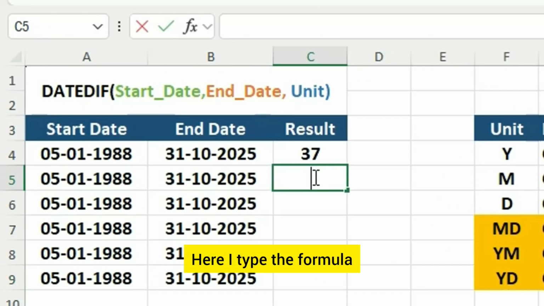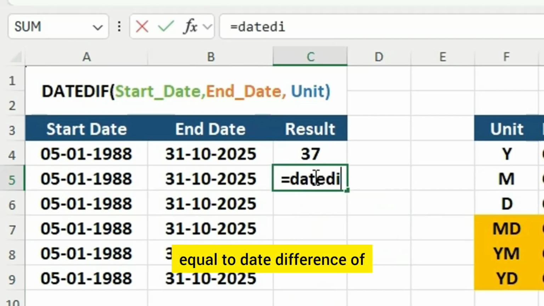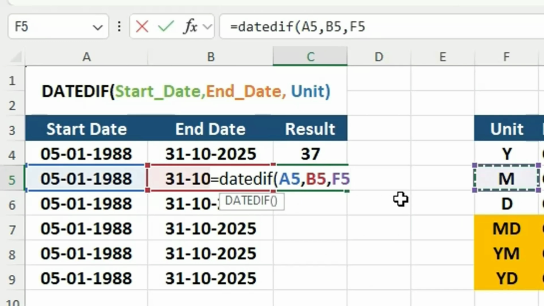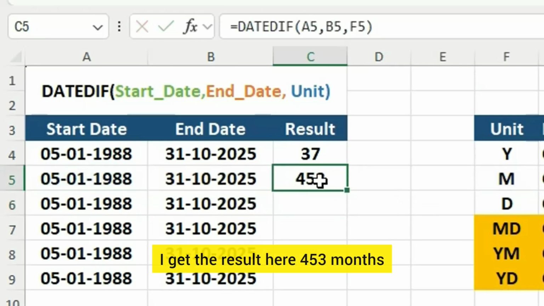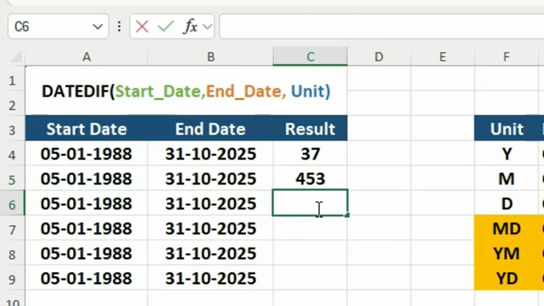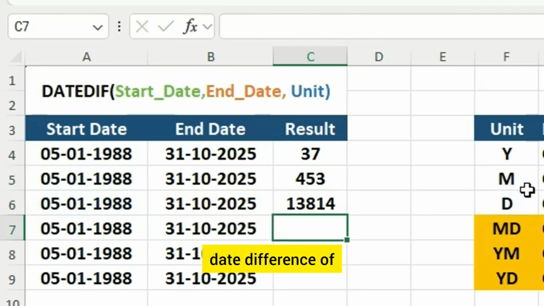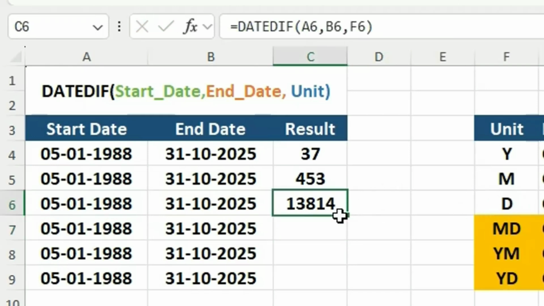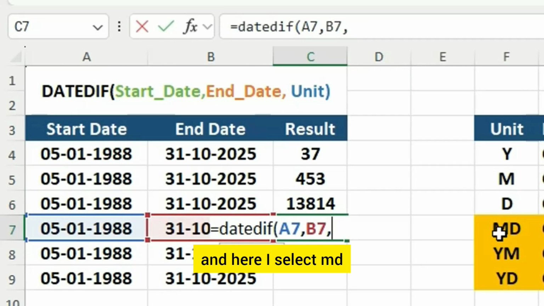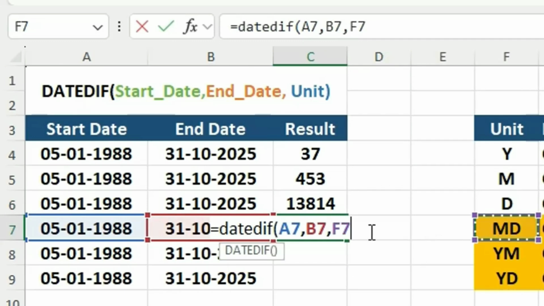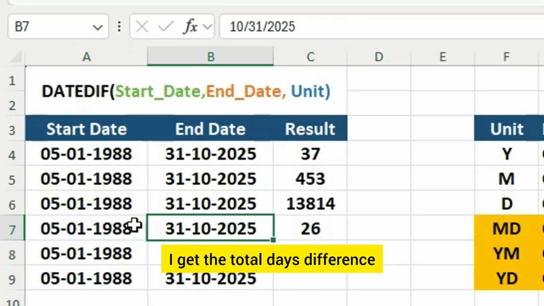Here I type the formula: equal to DATEDIF of start date, end date, comma M. I get the result here, 453 months. Here I type DATEDIF of the days, which is 13,814, and here I select MD. I get the total days difference, that is 26 days,